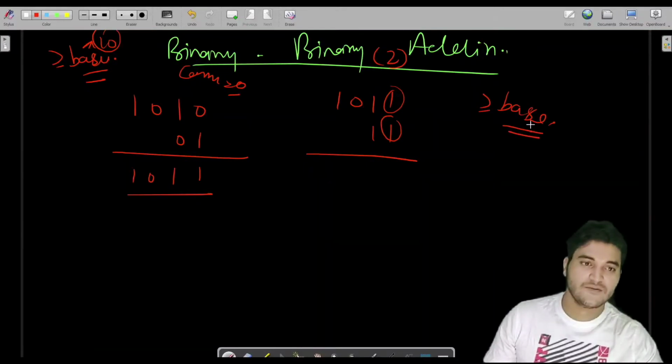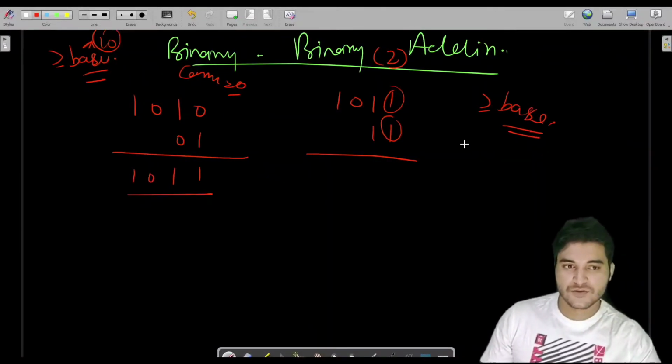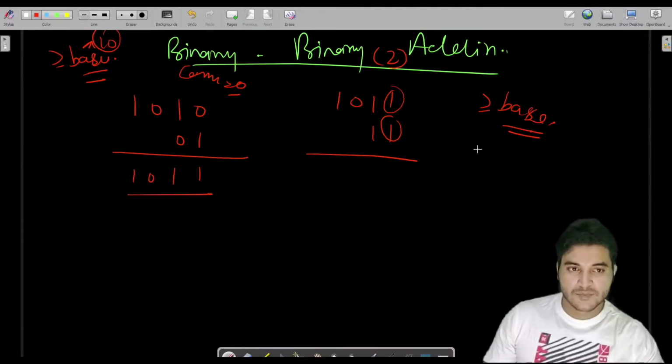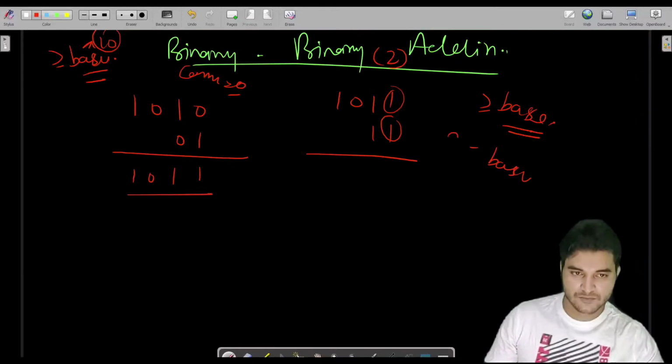Fine. In this case what we used to do is subtract the base from the result we got. Here the result is 2, 1 plus 1 is 2, right? So 2 minus base, which is 2, is 0. Then we write 0 here, and we take 1 as the carry.